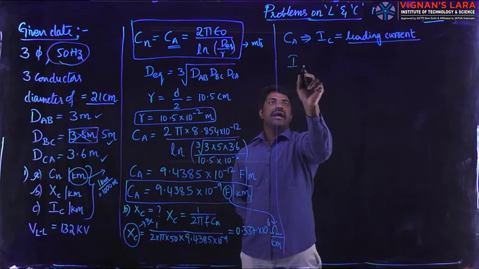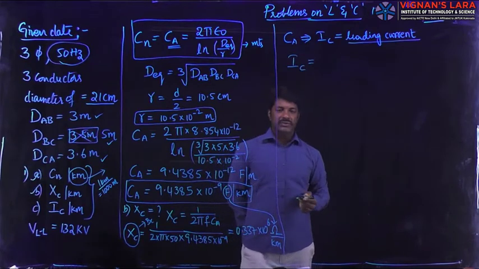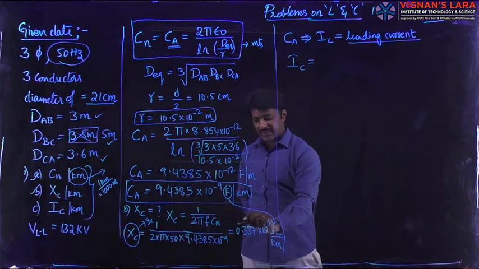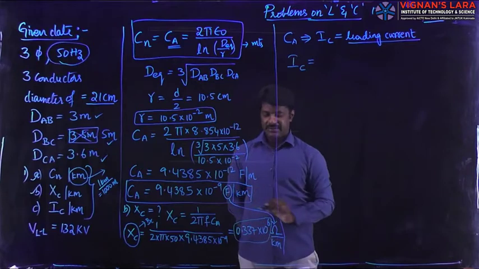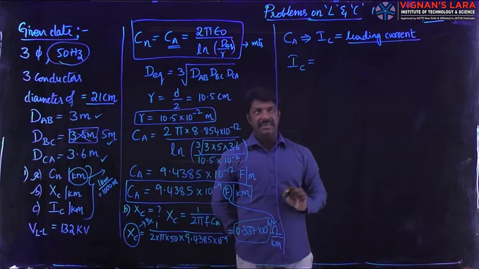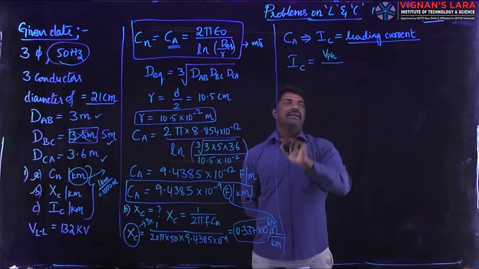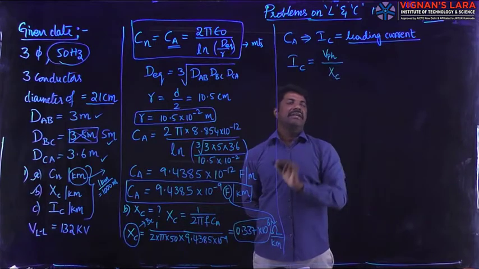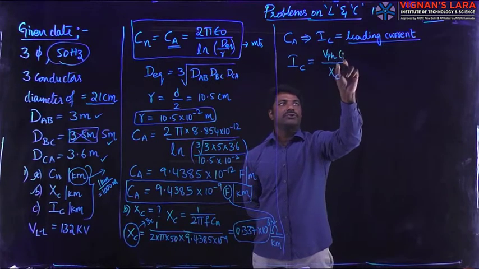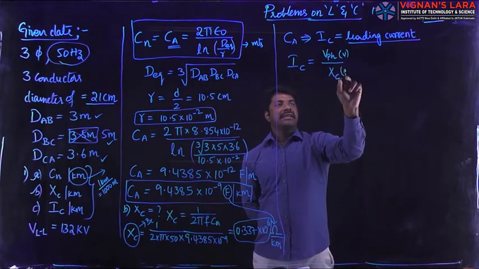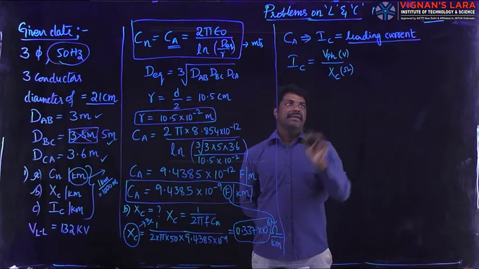Then the magnitude IC is equal to, as per Ohm's law, current I equal to the ratio of the voltage to the ohms. So here the ohmic value is 0.337 into 10 power 6 ohms for 1 kilometer length. Then the charging current IC is equal to the per phase voltage of this transmission line divided by XC of that transmission line. You can verify that current I is equal to voltage, defined in volts, over XC, defined in ohms. The ratio of the voltage to the ohmic value is nothing but current in amperes.